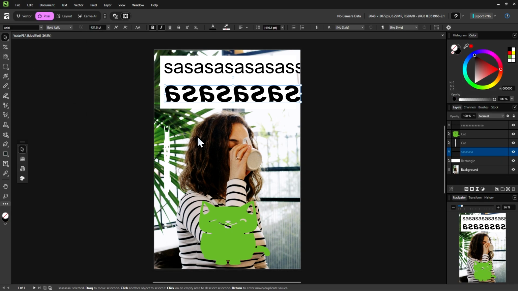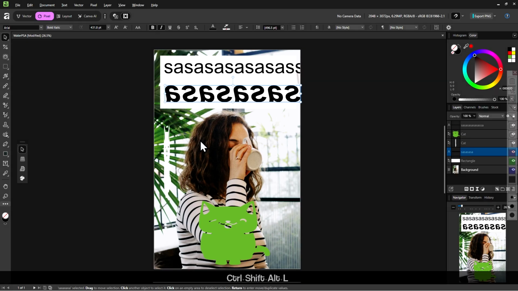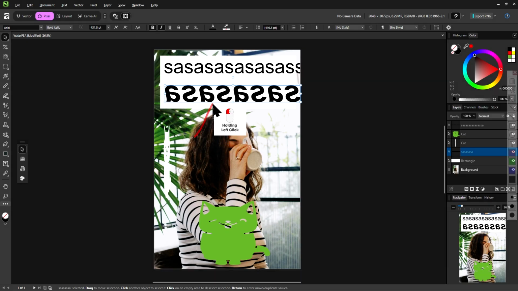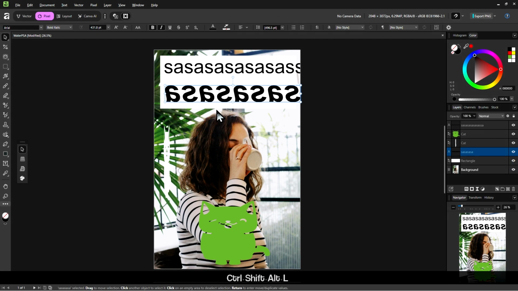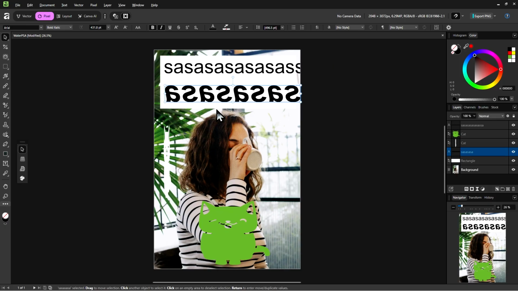So that's really what selecting means. It means clicking on something in the canvas because you want to do something to it, like changing its color or deleting it, both of which is doing something to it. So after I deleted that cat, you probably noticed the bounding box moving over to this reverse sa text. That's normal, don't worry. When you delete something after selecting it, it might select something else automatically.